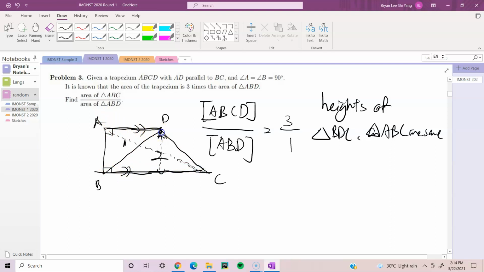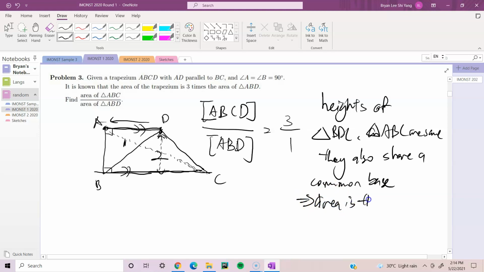So you can move this point D to this point A, and the area wouldn't make any difference, and they also share a common base. So using these two, we know that their areas are the same. So since BDC is 2, then ABC also has an area of